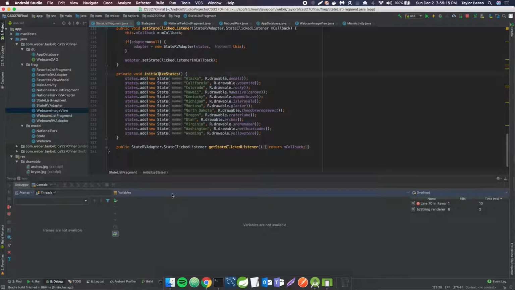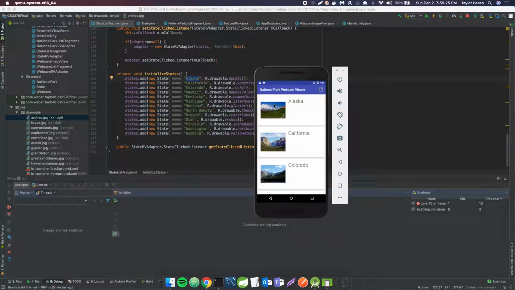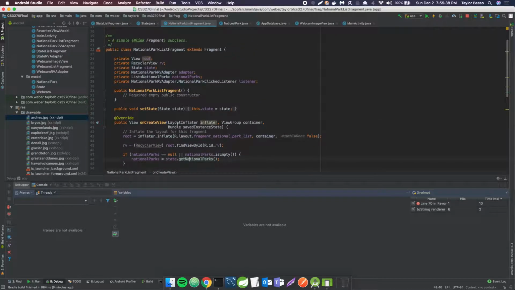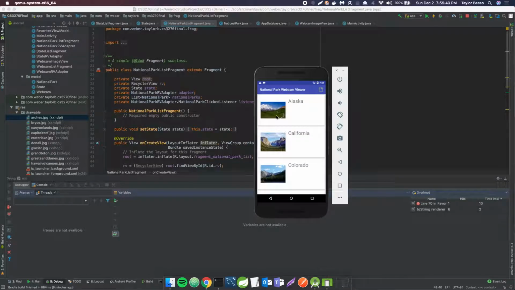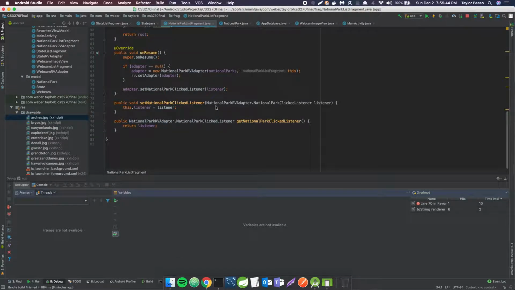Here's where I initialize my states. So I found some images online here of the different national parks, I guess, they're not webcams, but they're pictures from other people. So I use those here, and then let's see if we go to the national park list fragment, which is what happens when you click here. It opens up, and